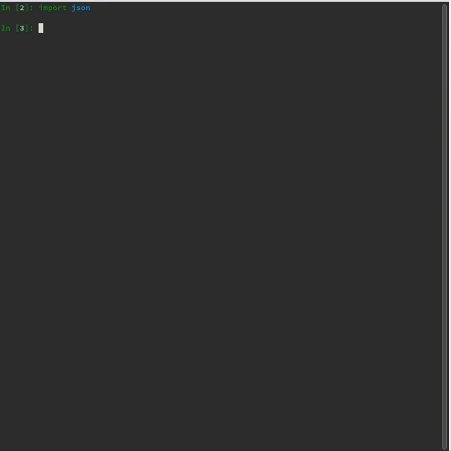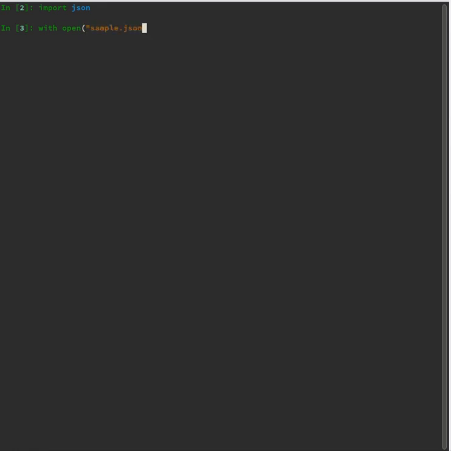We already imported the JSON library here, so it's simply with open. We are going to use the with context manager. The reason behind this is that if you go with the regular file module, you have to close the file explicitly. But with a context manager, the moment you are done with your task, the file is going to get closed automatically. So that's the use of it.